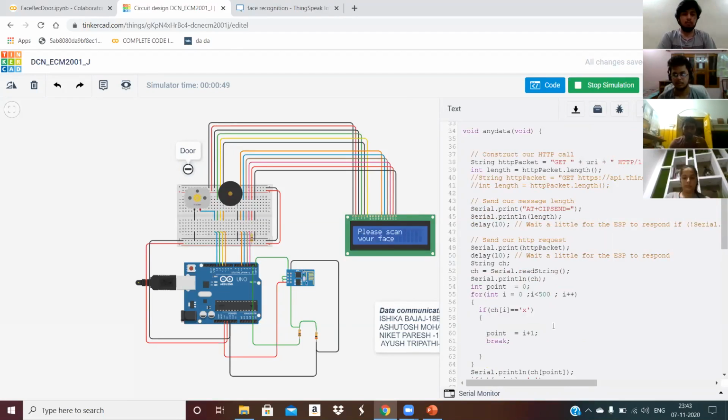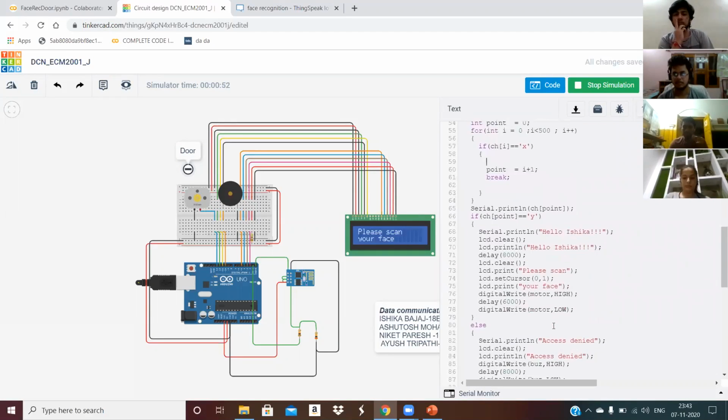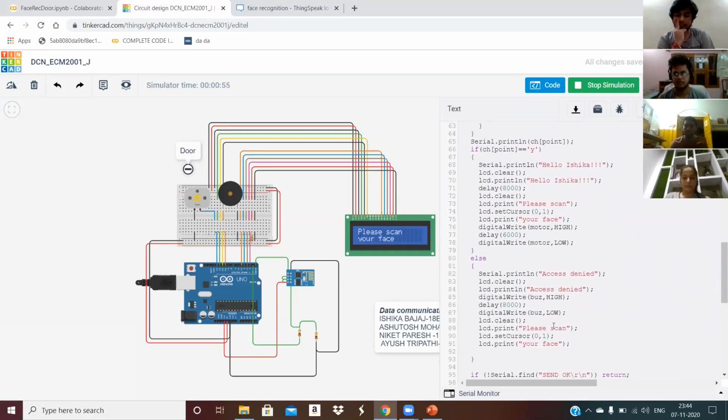Can we go down? Yes, here we have the actual working. This is where we see the actual implementation of scanning the proper face, which is just the if-else part. We also have a buzzer.